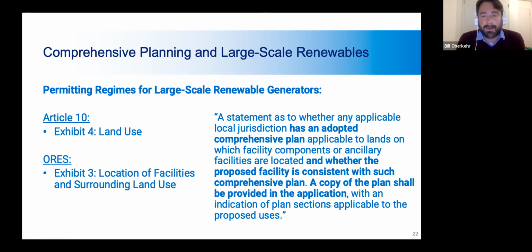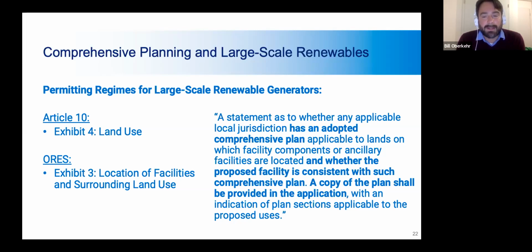A statement as to whether any applicable local jurisdiction has an adopted comprehensive plan applicable to lands on which facility components or ancillary facilities are located, and whether the proposed facility is consistent with such comprehensive plan. A copy of the plan shall be provided in the application with an indication of plan sections applicable to proposed uses. So what that's saying is when ORES is considering an application for a 25 megawatt system in your jurisdiction,